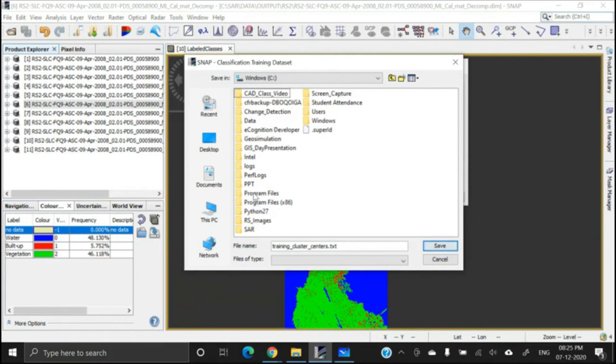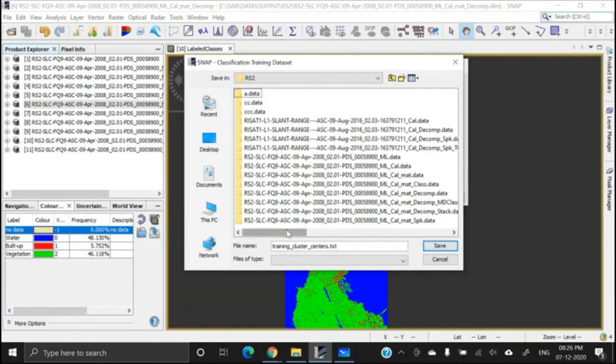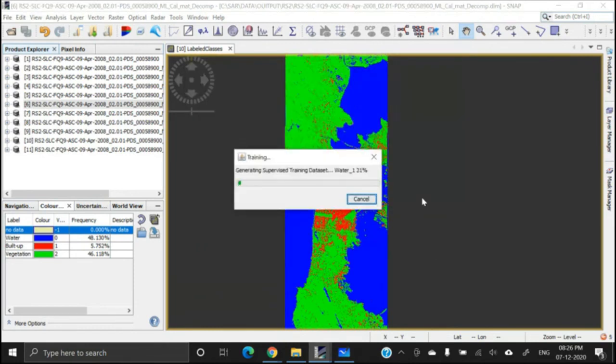So go to data output radar set to keep it over here. So training cluster center.txt. Save. Okay. And next click on OK. So this is the process of converting the vector signature into the text file. So they will be converted into text file.